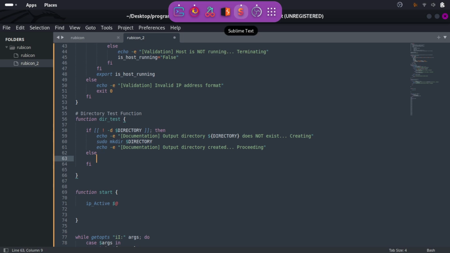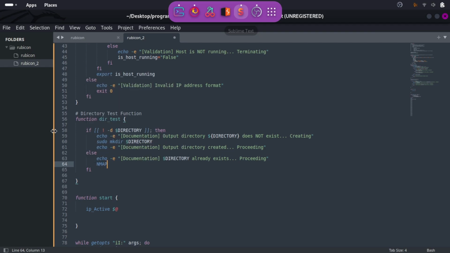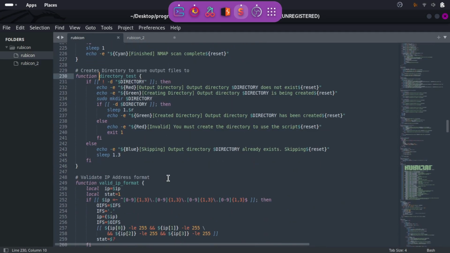Else, because we don't want to do anything else, echo documentation directory already exists, proceeding, and then we will call our InMap function, I believe, let's see, if not directory,